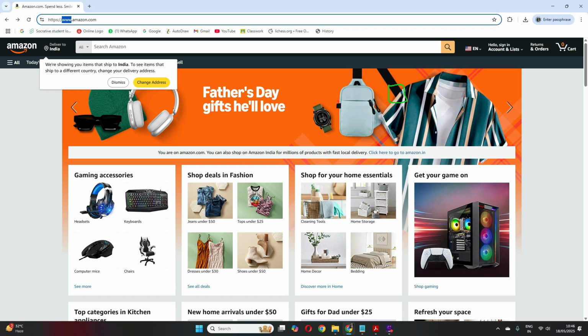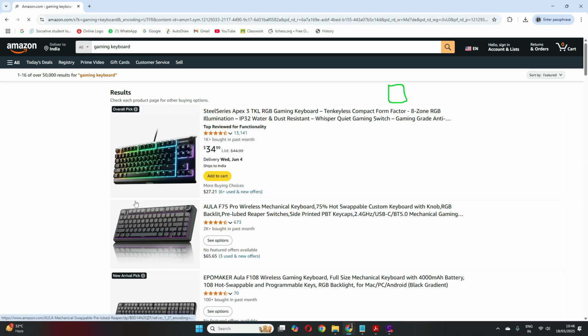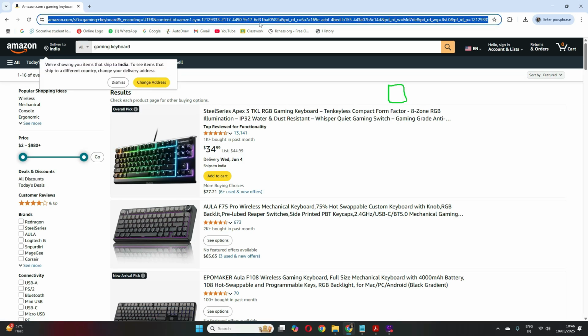Now, each web page is identified by a unique address. Suppose this is one web page, it is identified by this address, www.amazon.com, https:// this is an address of this web page. Similarly, if I click any other link, you will see I have a different address coming. So each web page is identified by an address which is known as URL, or Uniform Resource Locator. Clear? We will learn about all this more in detail in later chapters.